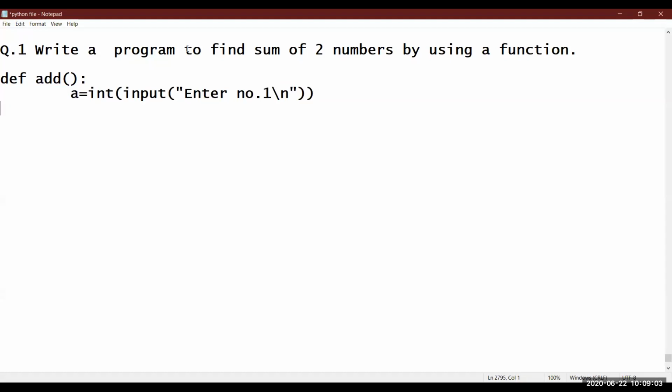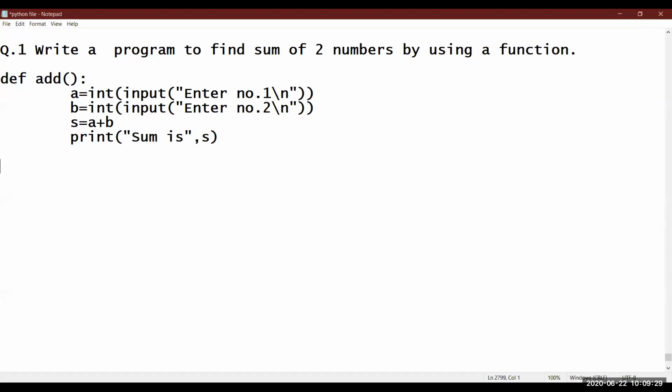Then again, let me copy it. b equals to int input enter number 2. It's fine. How to find the sum of s equals to a plus b, any variable? I'm not returning it. Print sum is comma s. Fine. That's it. First understand this, then I'll let you know how to return the result from the function.